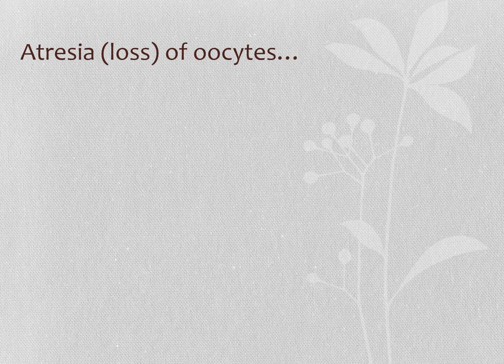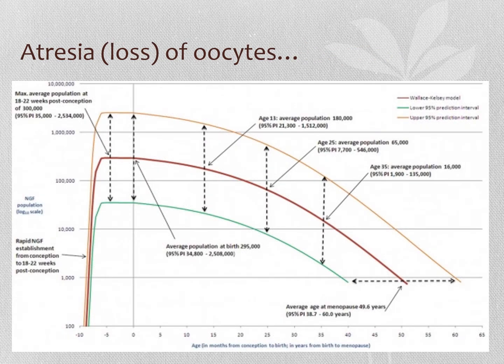This is atresia, that loss of oocytes. And so what we're looking at here is a graph that shows you on the left side, this is before birth, so 0 is when you're born. And we can see this massive increase in the number of the oogonia. So they're being produced while you're in the womb. And then this red line in the middle is kind of the mean or the average, and the yellow and green lines show you kind of the range. So average population at birth is just shy of